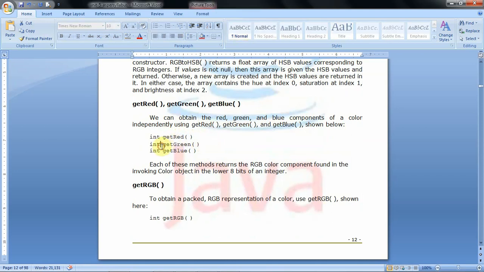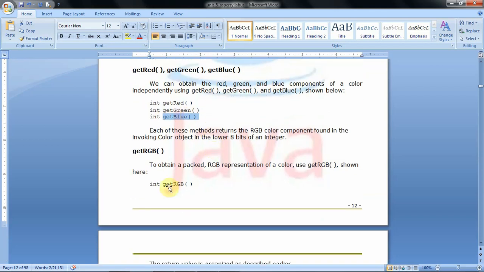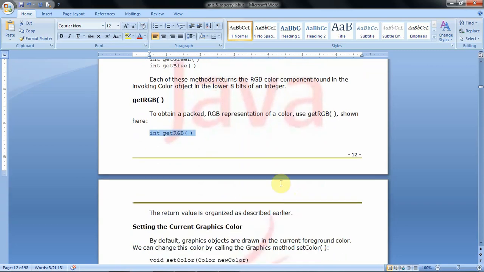Like that, getGreen returns the green contribution in that particular color, and getBlue returns the blue contribution in that particular color. The int getRGB method returns the RGB contribution; that means a packed value is returned.